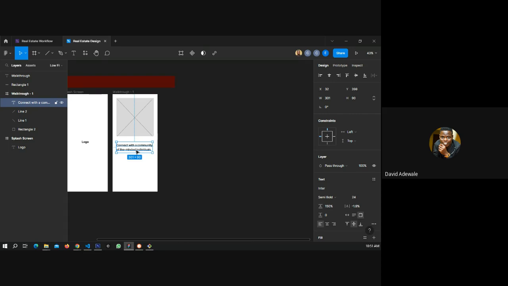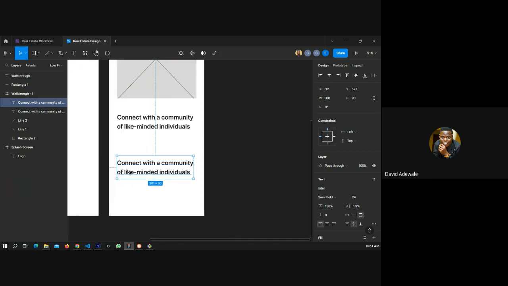So we have, I can just make a button out of this. That's one of the things I do. So I can say next. So I want them to see the next thing that they can have here. I can make a button out of it, and then I can as well say skip.